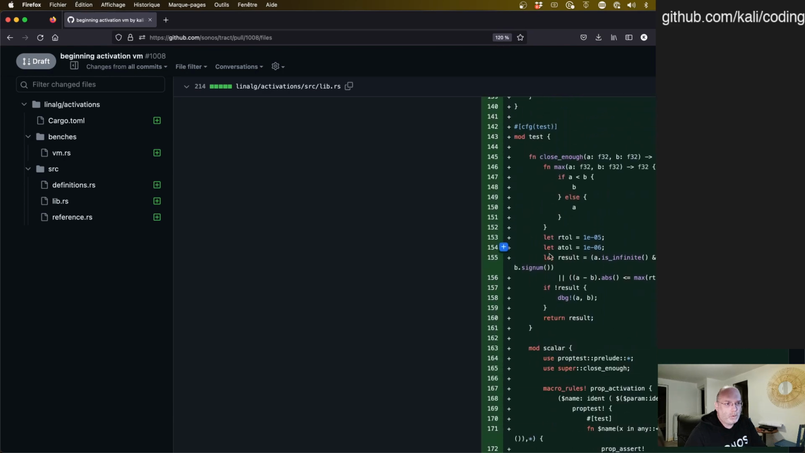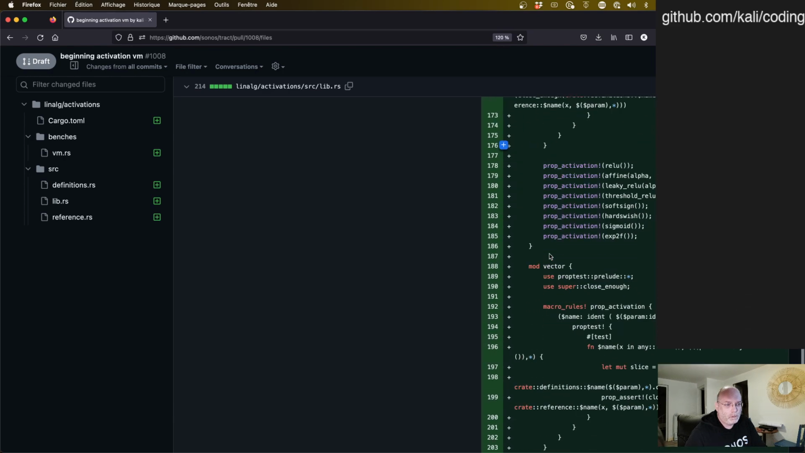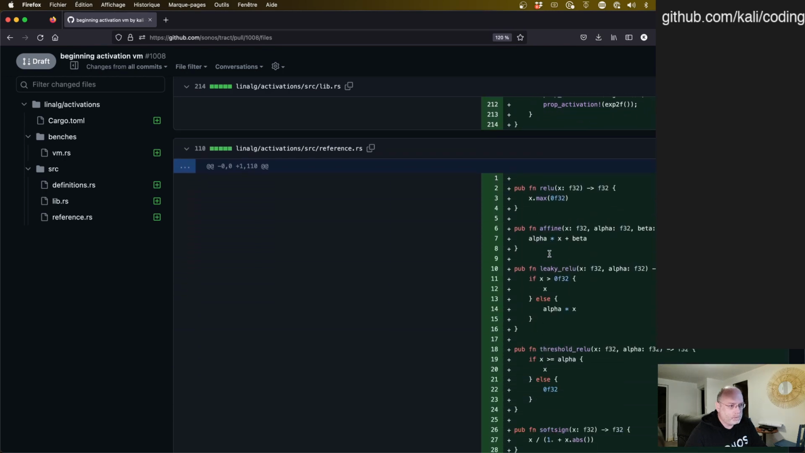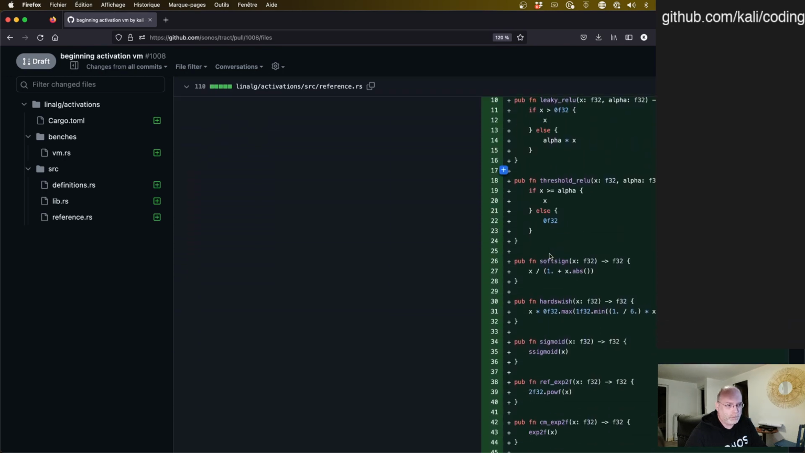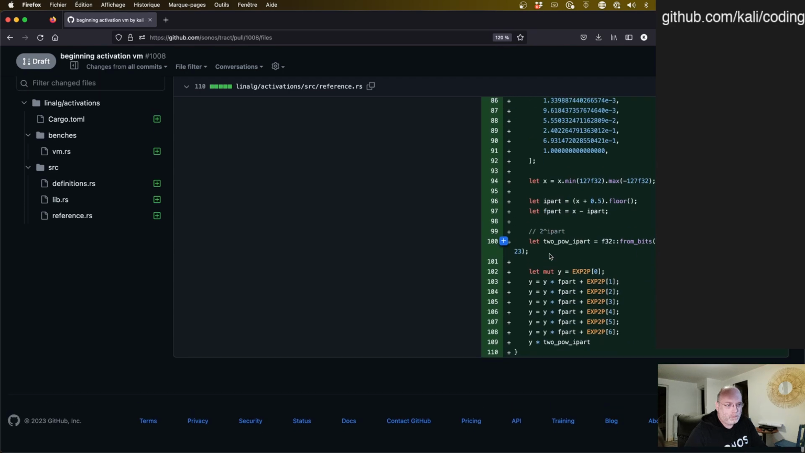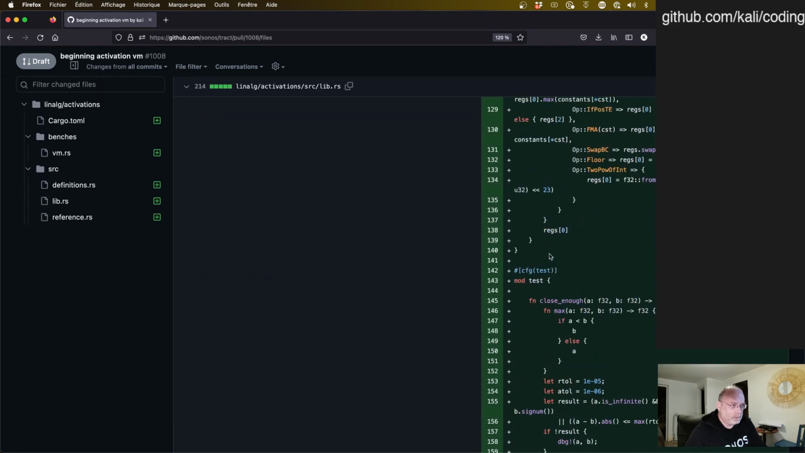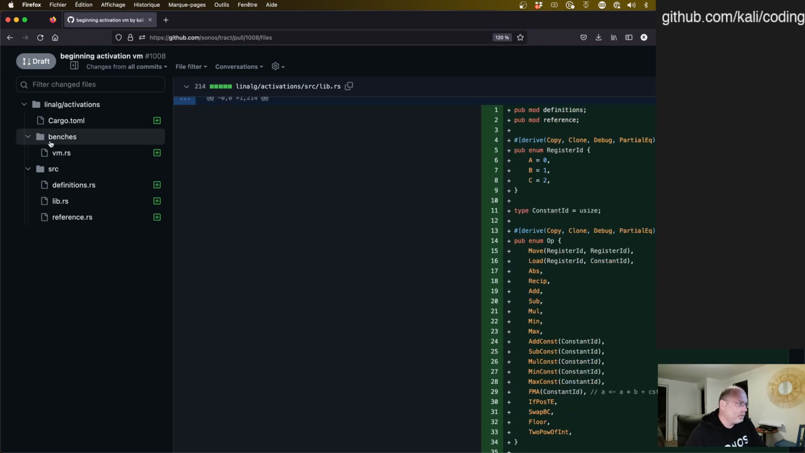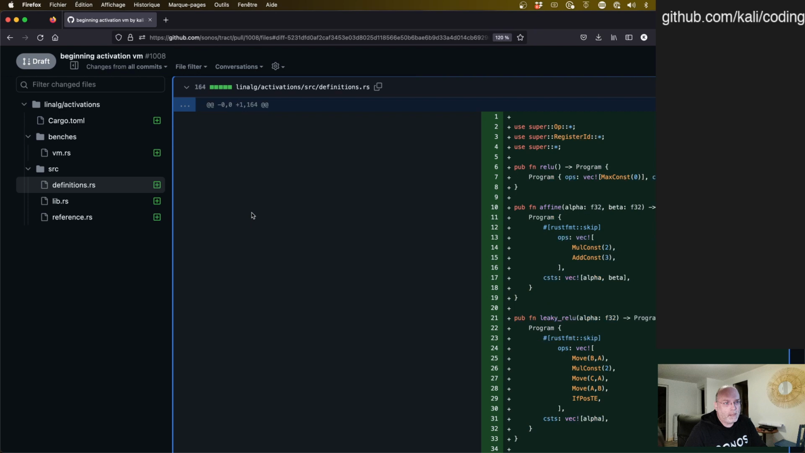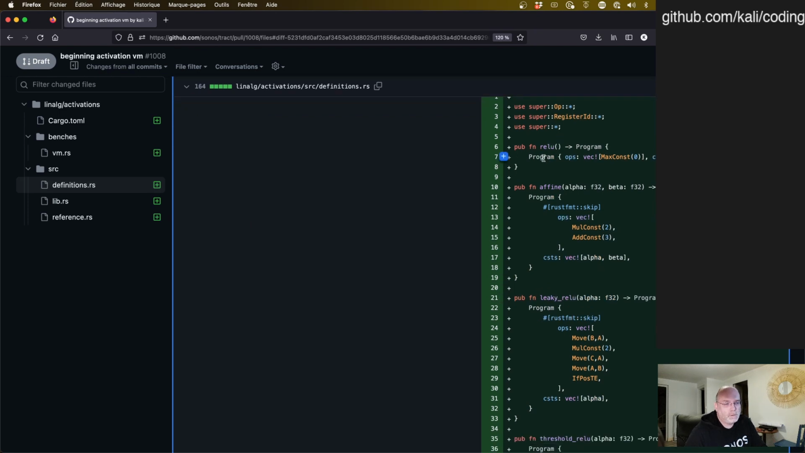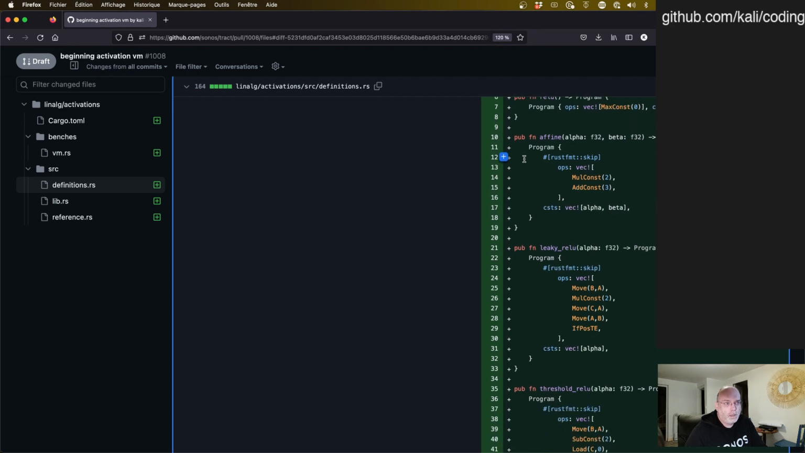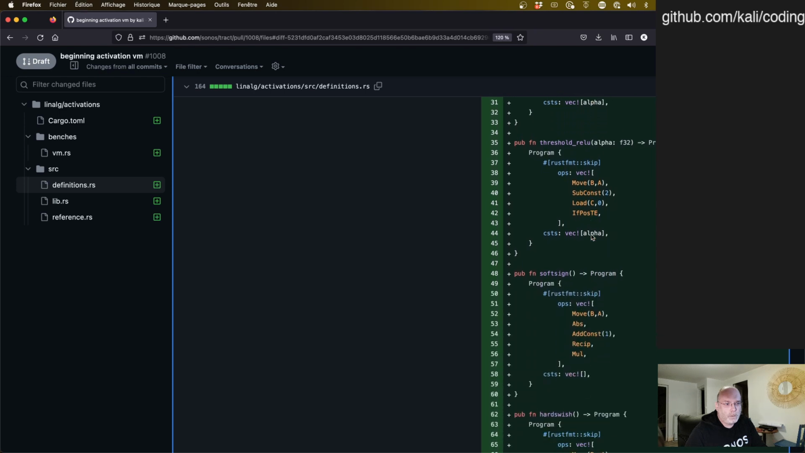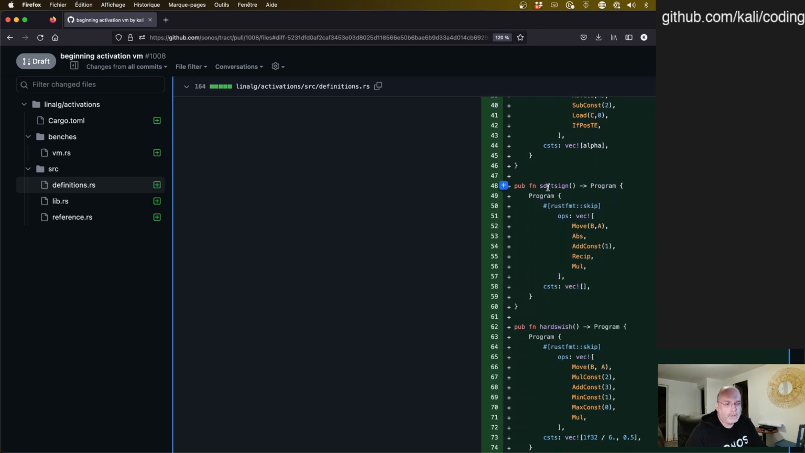we encode our activation functions. So these are the reference implementations. And did I forget to add one file to the... no, it's definitions. Okay. And so this is a ReLU function, so max with 0. There is one single instruction which does a max with a constant 0. But we can have more complicated stuff like soft sign,